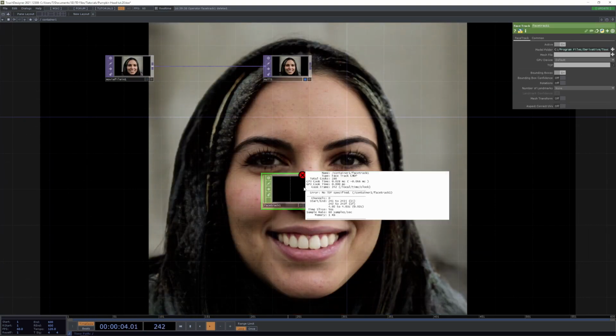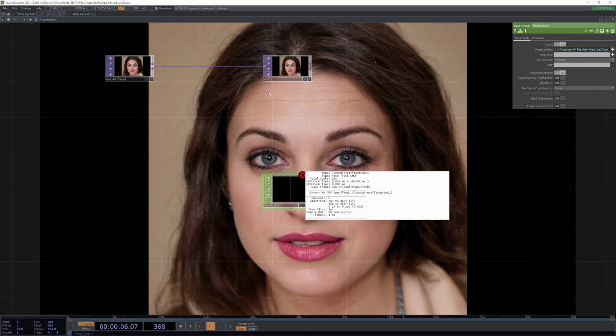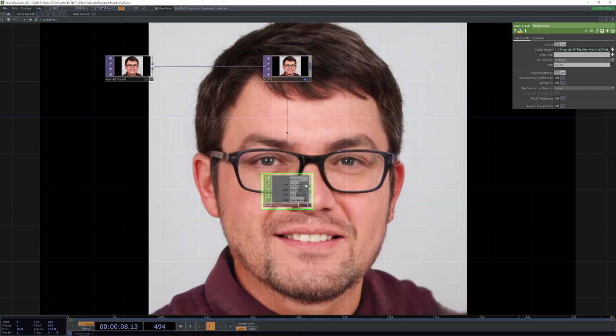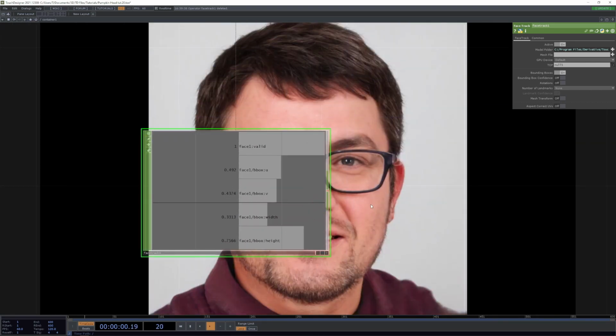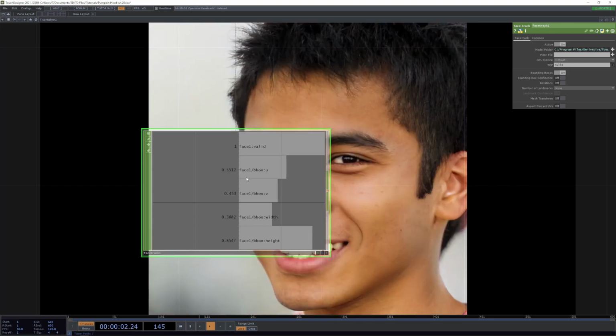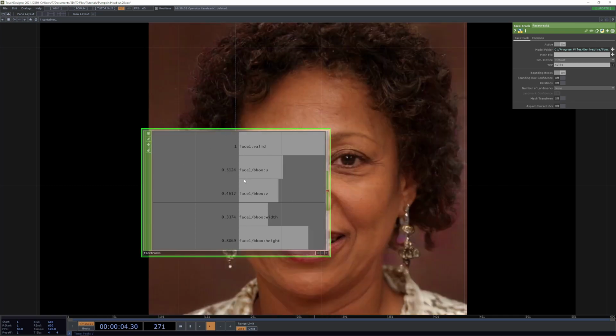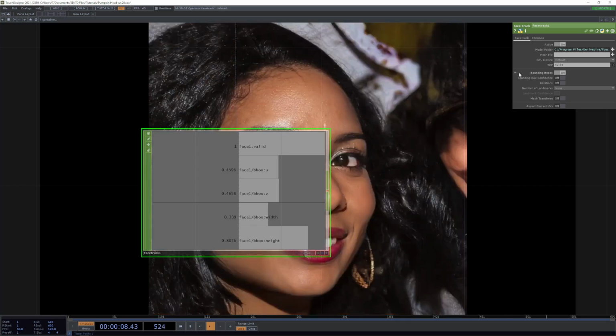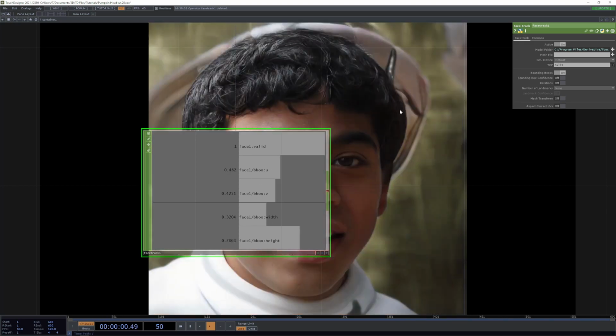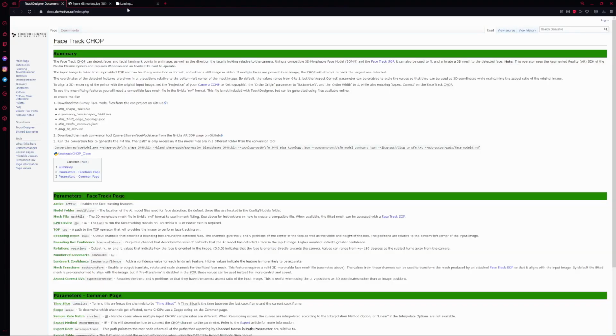And you're going to see this needs no TOP specified. So we're going to need to tell it the texture to be looking at. And by default, we get if the face is valid or not, as well as the bounding box U, V, width and height. I highly recommend going to your favorite browser and looking at the documentation for this,